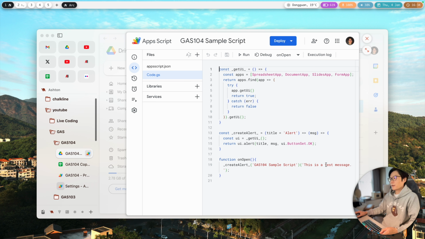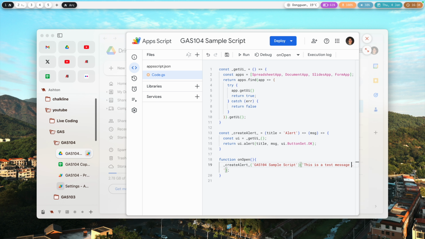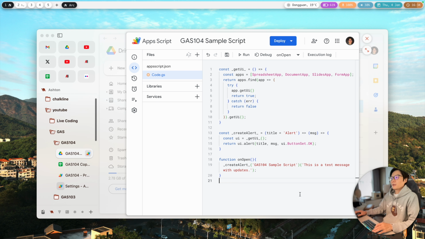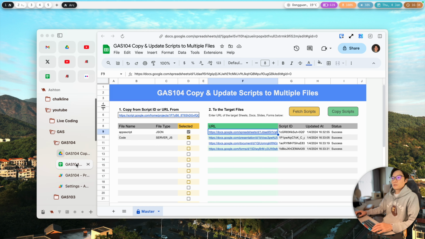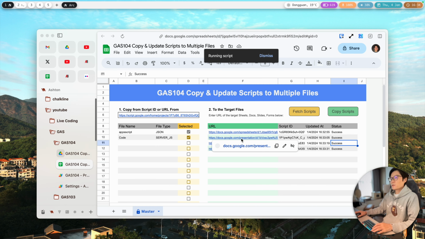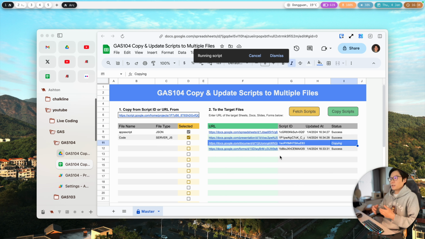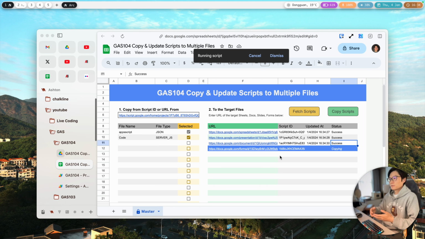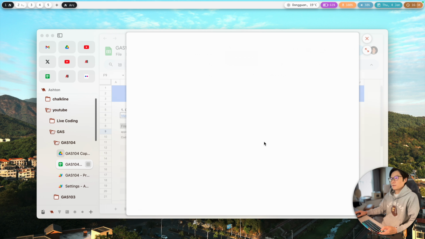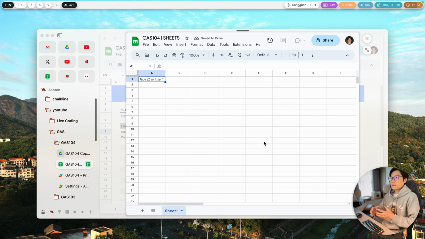So let me show you if I can do an update. This is a test message with updates. And this is the master file. I'm going to save it. And what I'm going to do here is do this copy script again. And this time it is doing an update to all of these files. All right, so it's completed, and if I open this one,